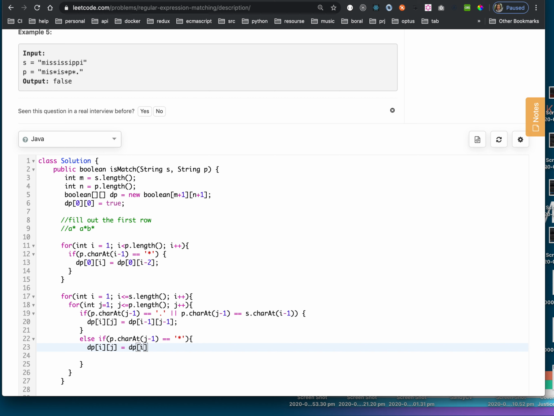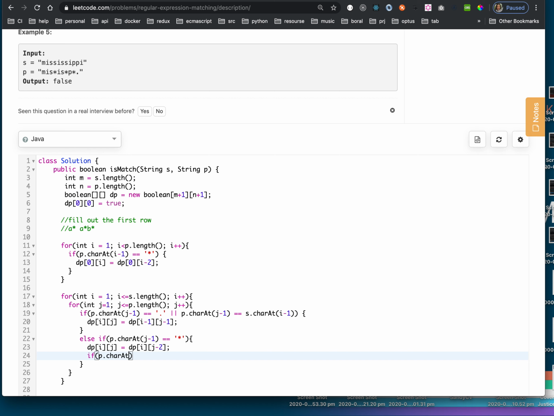Take the value from back towards, because it could be 0 or more. But this is not finished yet, you also need to consider it. So if this is false, but if it's true is fine. If this is false, you also could be conditioned,